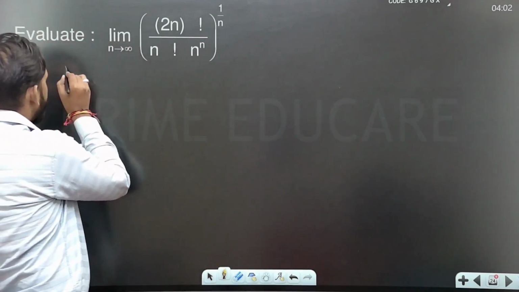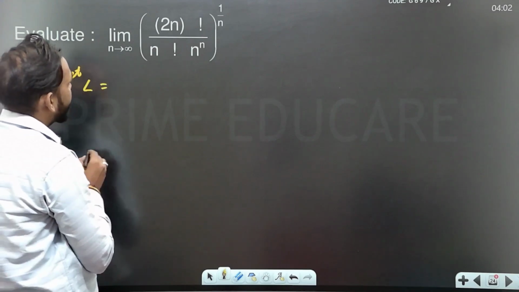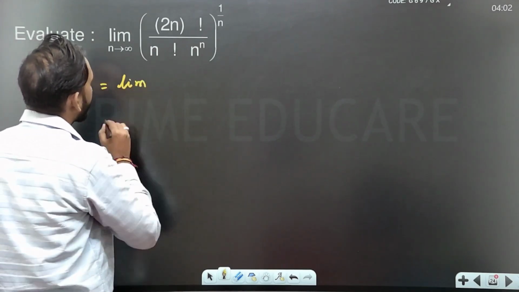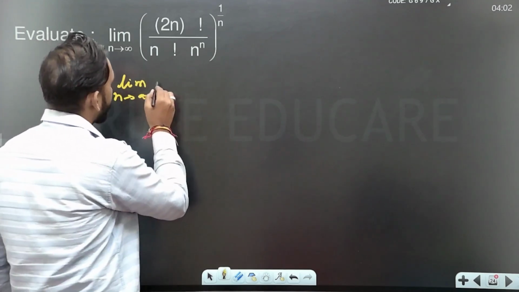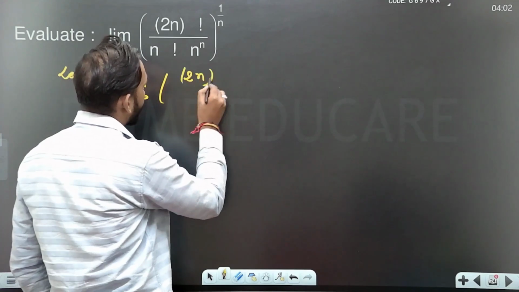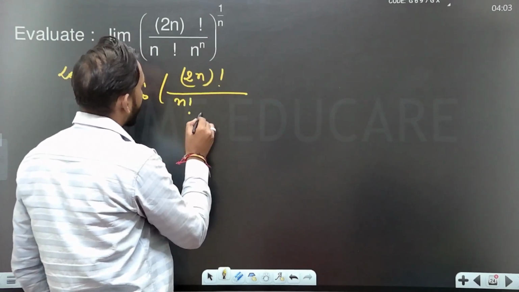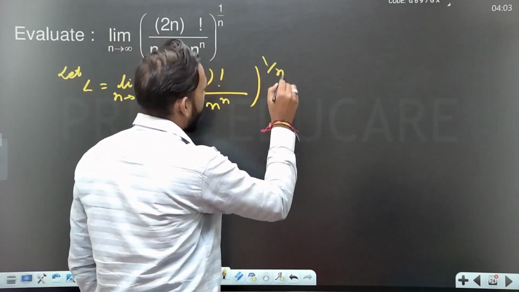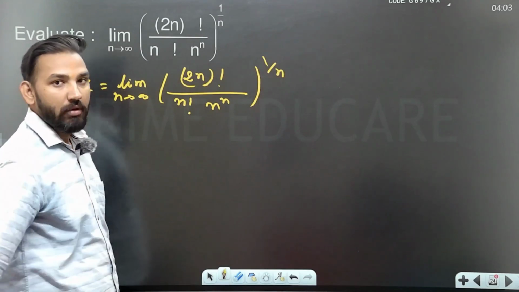Let us consider it L, okay, and this will be L equal to limit n tends to infinity of (factorial 2n over factorial n to the power n) to the power 1 over n. Okay. Now taking logarithm both sides,